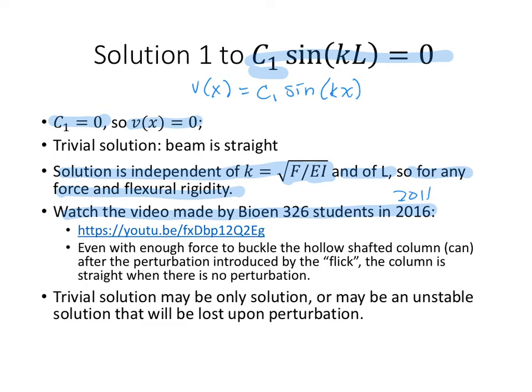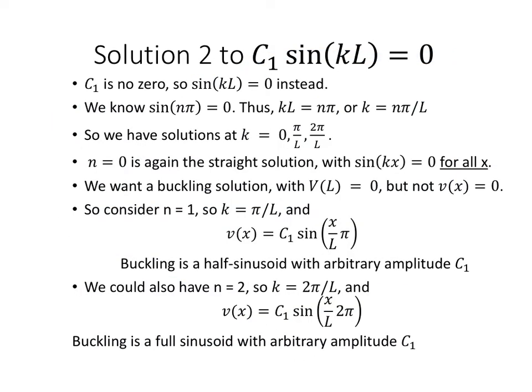That's because this trivial solution could be the only solution at low forces, or it might simply be an unstable solution that's lost upon perturbation in conditions that would otherwise buckle it. That is, you need to somehow create even a tiny little bit of deflection, because these equations require a deflection, and you have to get out of the straight thing into a deflected situation in order to create this buckling. The other solution to C1 sine KL equals 0 is that C1 is non-zero, but instead sine